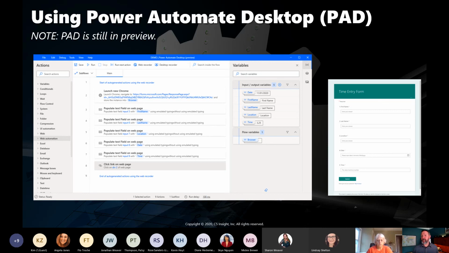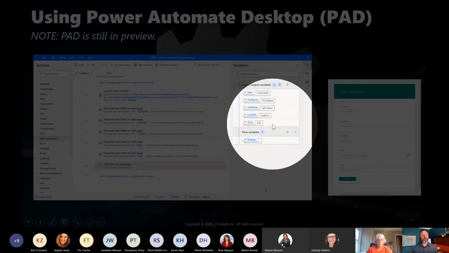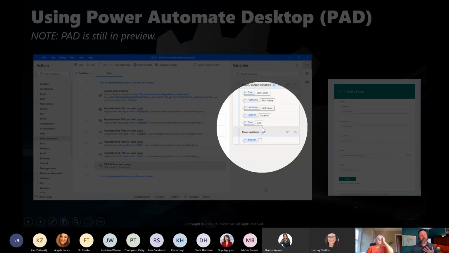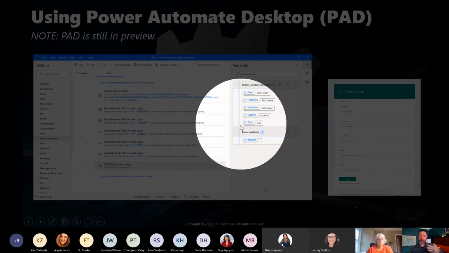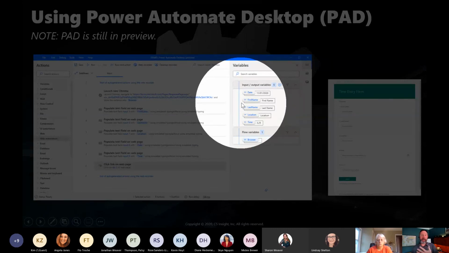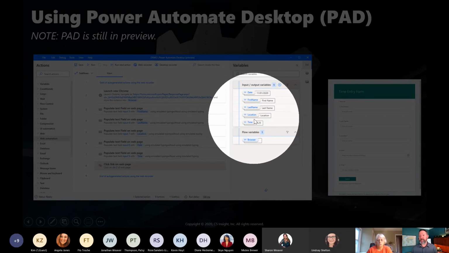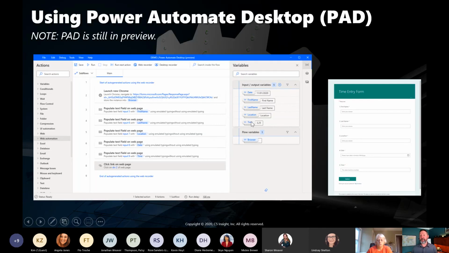So what I did was, first of all, create my input variables here. So these are inputs into my application. They're not inputs into the form. They're going to be outputs into the form eventually. But I'm saying here are inputs that I'm going to use to play back and put into that form. So I declared these input fields here, and you can see the names of them so that they're available to me. Then I just went through and I clicked the